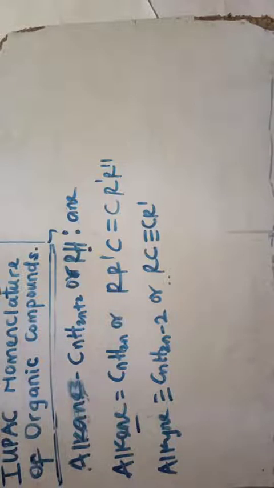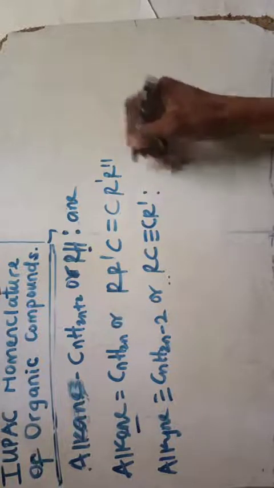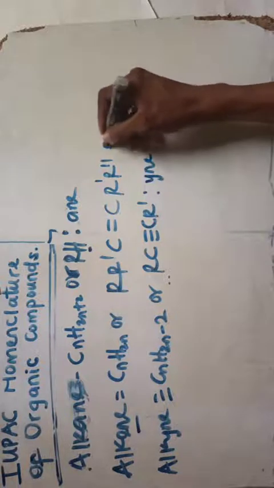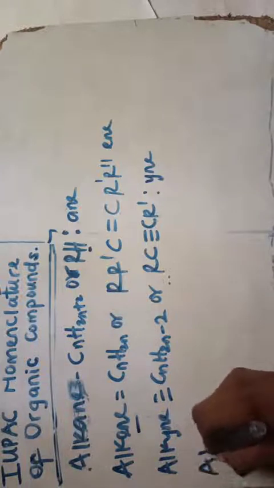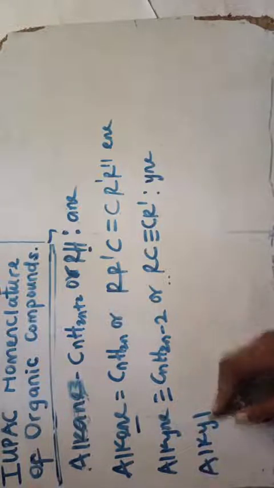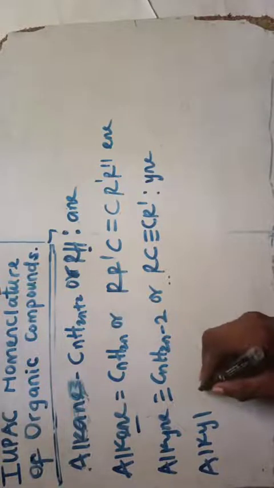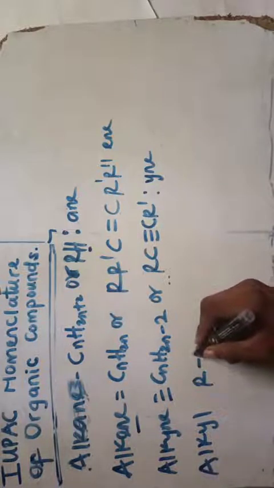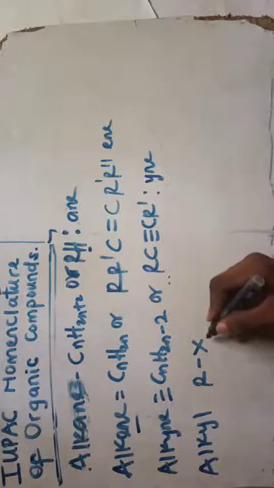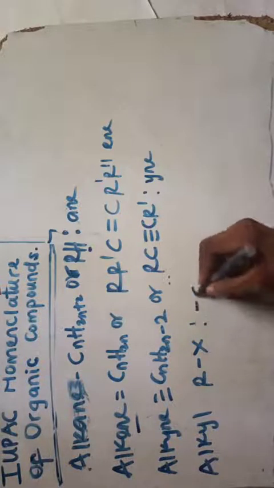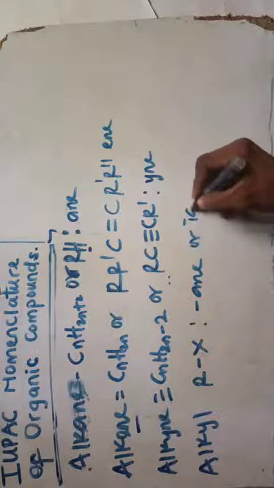So next one we have, and you know the name ending is what? This is ane. The name ending is ane. So next one we have also the alkane. Now alkane is just alkyl halide, alkyl, and alkyl is neither single bond nor double bond. No, alkyl can just be written as RX. You can call this alkyl halide, you can call this alkane, alkanes, and the word ending can be a or ide.